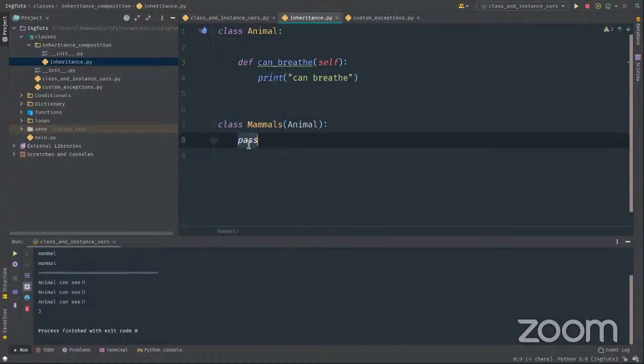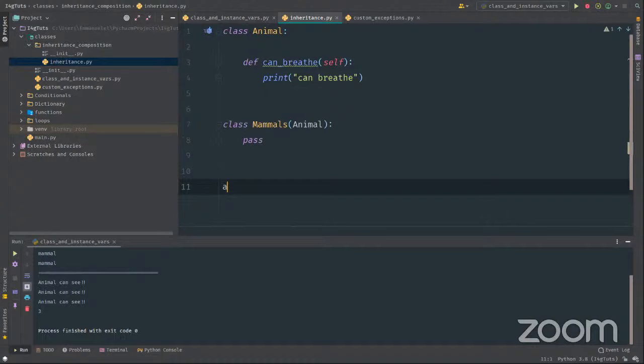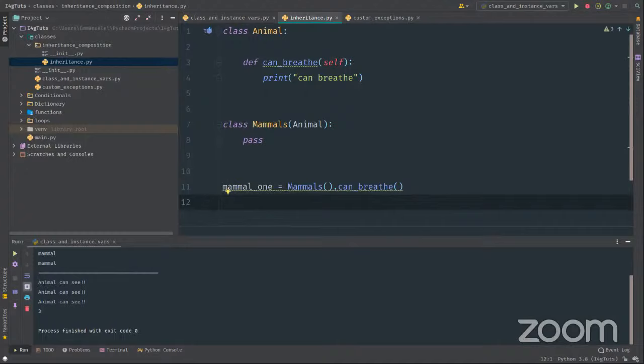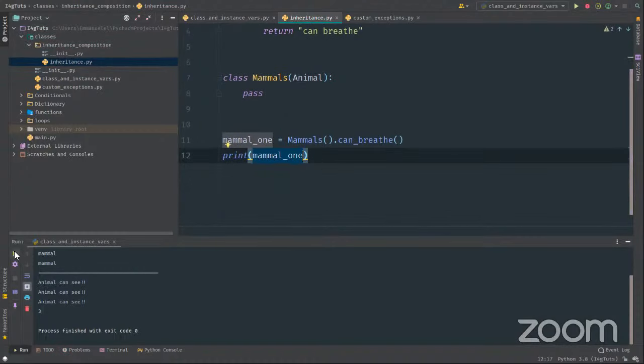For us to understand what I'm saying, I can now say mammal 1 equals mammals, and if I say dot can breathe, right? Let me just return this. If I print mammal 1, you would see that